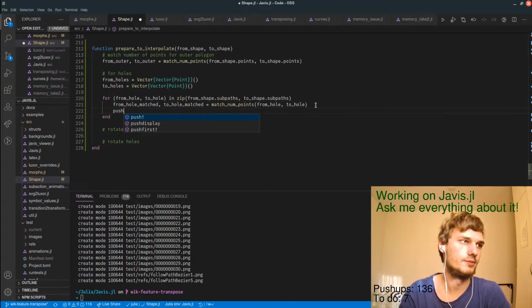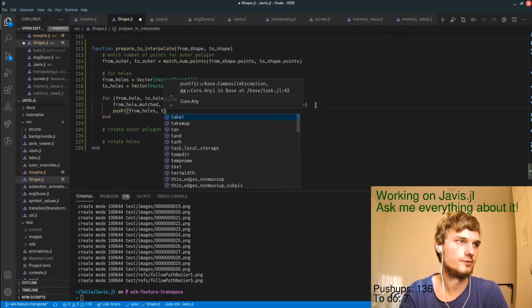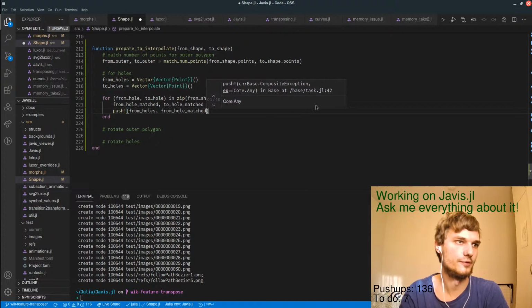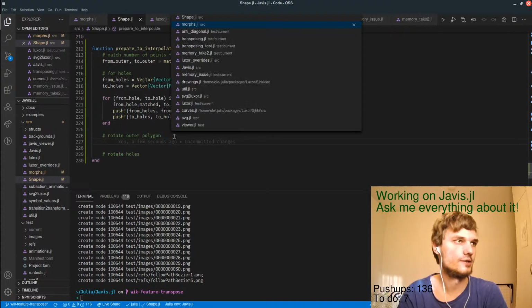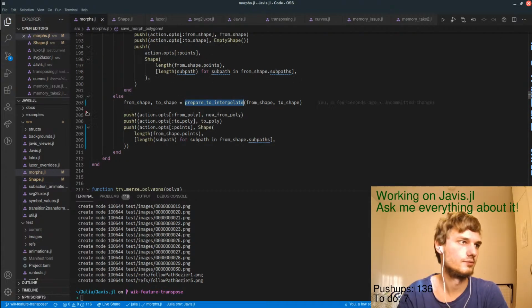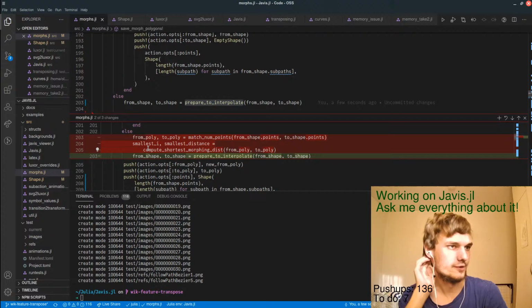And then push from holes from hole matched, and the same for 2. Okay. Now the next part. Why is this? Okay. I always hate it that I can't copy this. Compute shortest morphing distance.